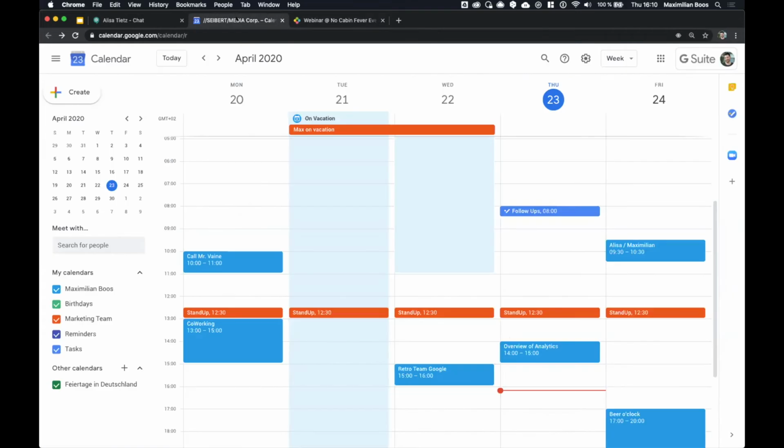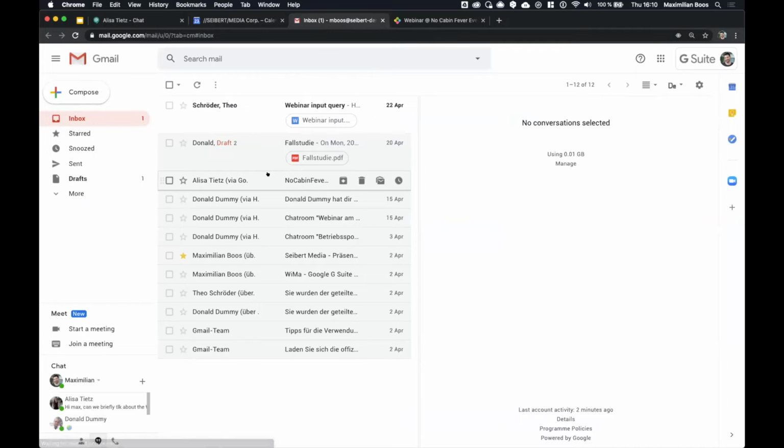So for this, I open Gmail, which we use as an email client. And actually, we at Seibert Media use email now only for external communication. Internally, we only get maybe notifications from the tools we use, like the Linchpin intranet or Jira, for example. But internally, we only forward emails from external people to colleagues, and we only use the Google chat, the microblog or mentions in the Google document or on the intranet pages for communication. So I have the email with a webinar query here,